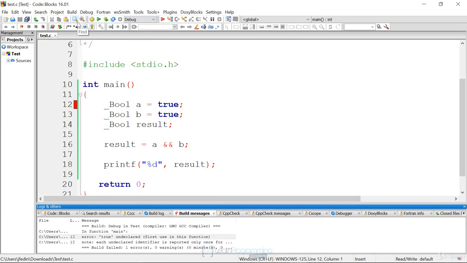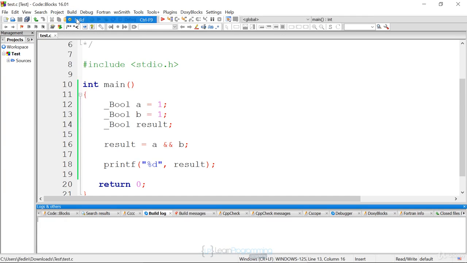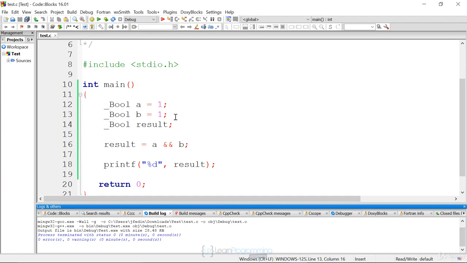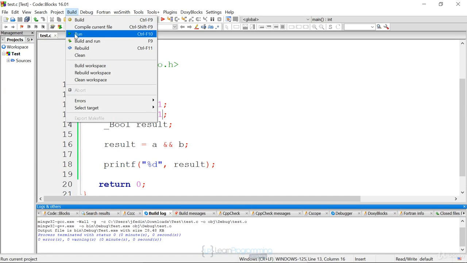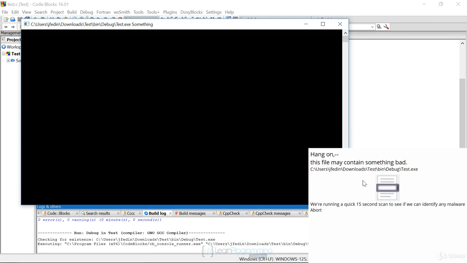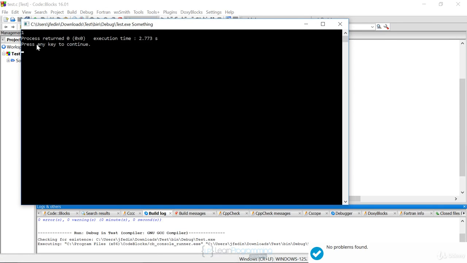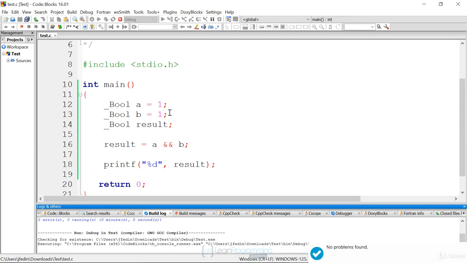So let's build this, and make sure that we have the right namespace. We're just going to represent 1 for true, and we don't have the right include right now, so that's no big deal. So now when we run, it should report true, 1. And it does, 1. Now if I change any of these to not true, if I say 0, then the